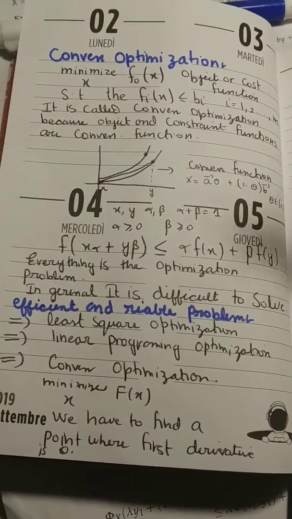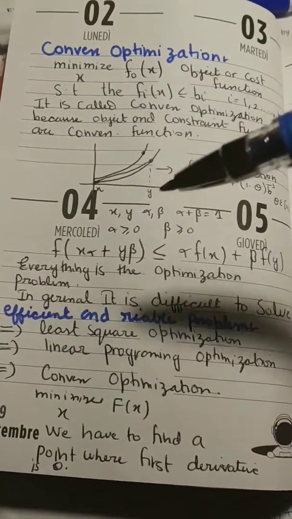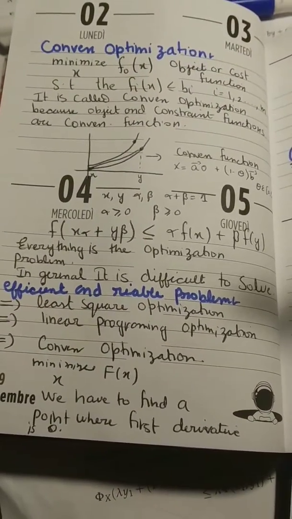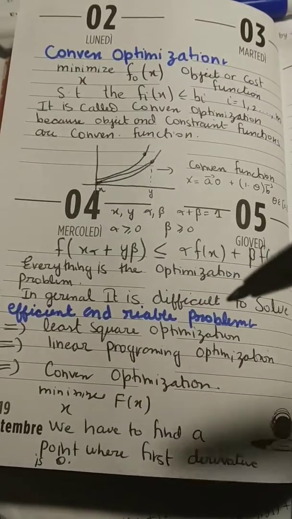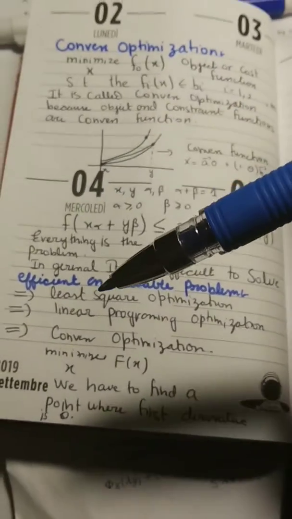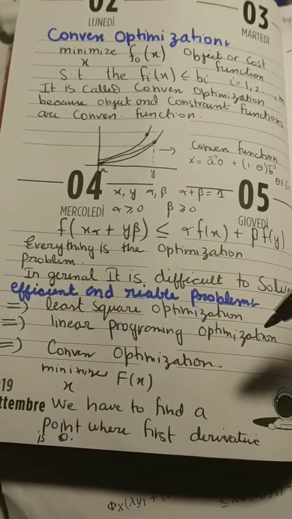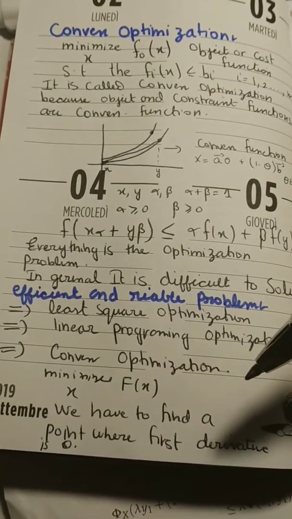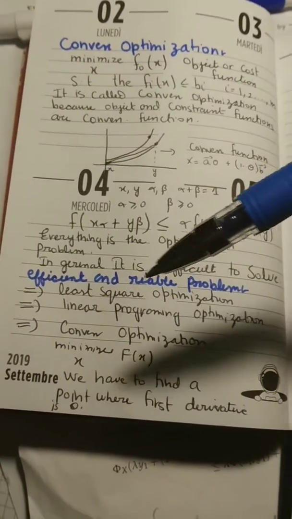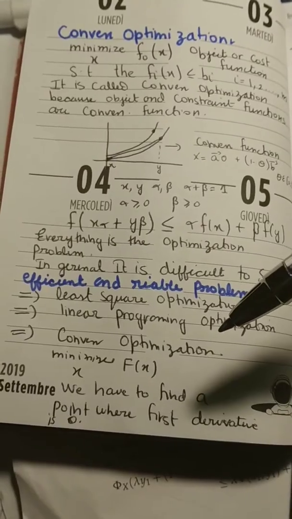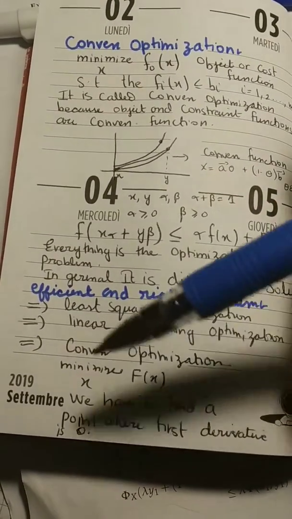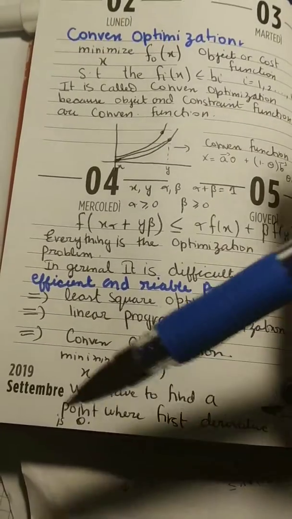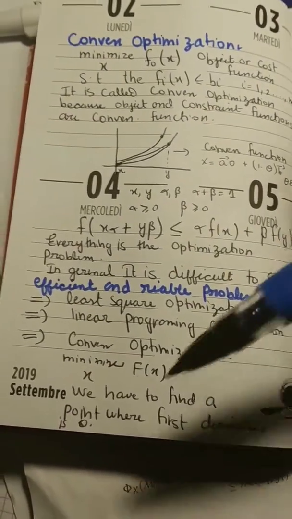It is a very efficient and reliable problem, and we can see least squares optimization, linear programming optimization, and convex optimization. In convex optimization, we have to minimize a function and we have to find a point where the first derivative is